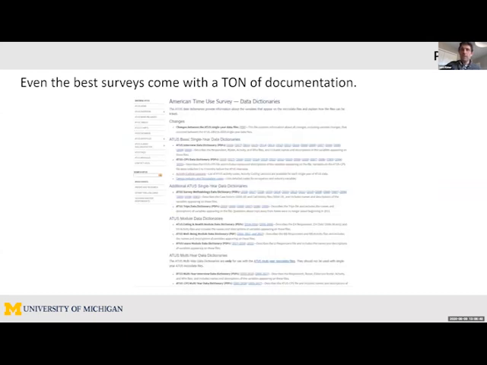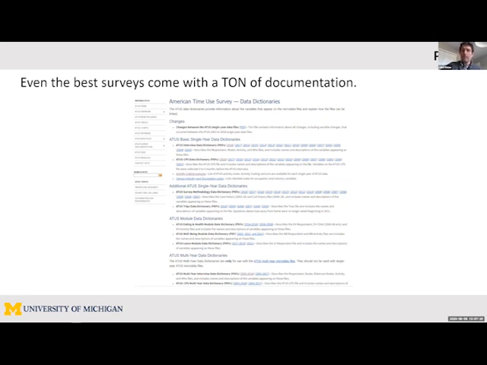And if you click one of those links, like the data dictionary, you'll get a page. This is part of the page, but it'll be hundreds of links to PDF files. Most of the PDF files are about 60 to 70 pages long with about 5 appendices. So there's an awful lot of stuff to read when you first encounter a well-documented and excellent survey data resource. Now this is the best case scenario.